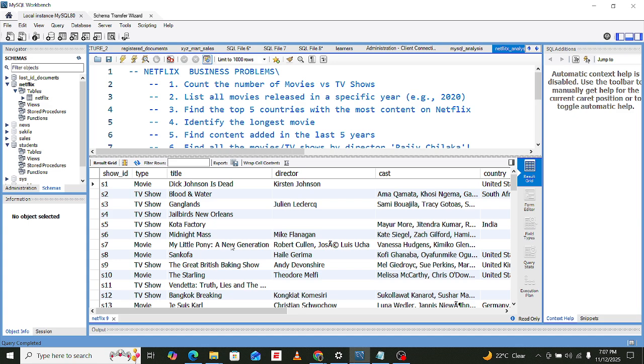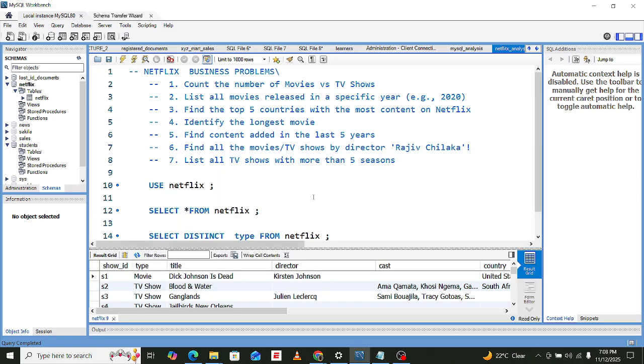Nowadays everything is possible now that you can work remotely. You might find yourself working in a Netflix company or any other company that deals with movies, and you are presented with this kind of business problem. So we can just jump into the business problems and see how we can solve them.